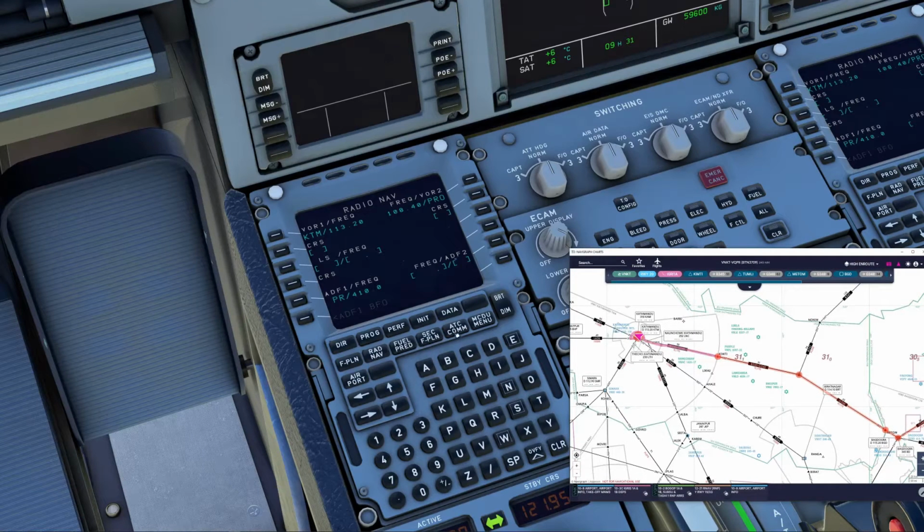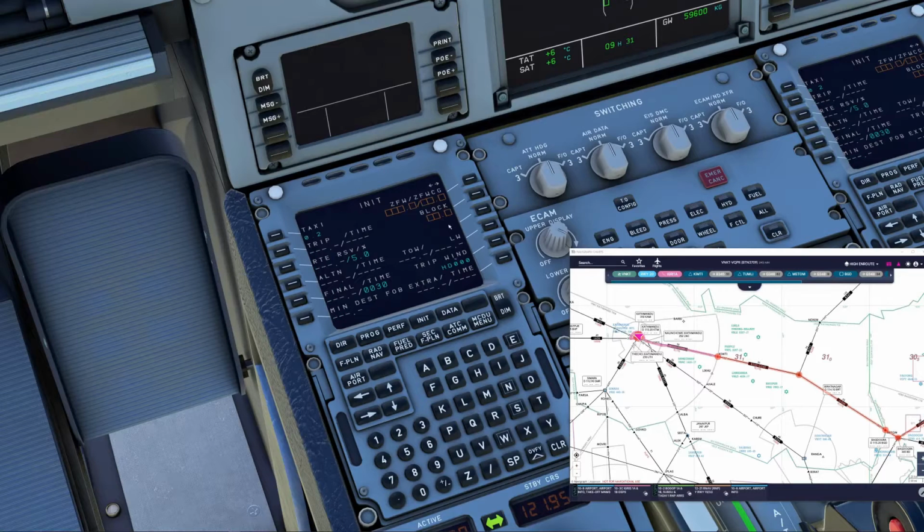Right. So there's no secondary flight plan. Go back to init data and go to page B if you like. Okay, zero fuel weight center of gravity, and we can put that there. And the block fuel. If you choose planning, it's giving you 2.9, which is not our block fuel. So we're going to put in 4.2 and correct that. And then once we do that, then all these fields will become populated.